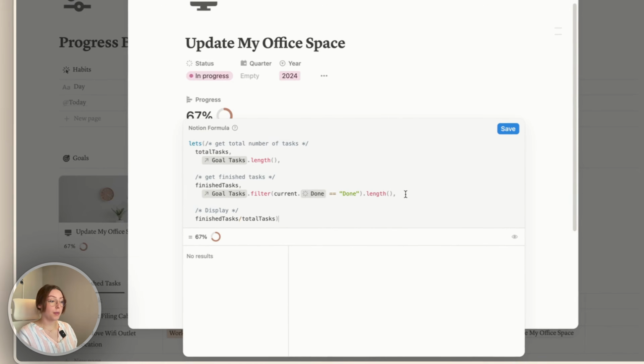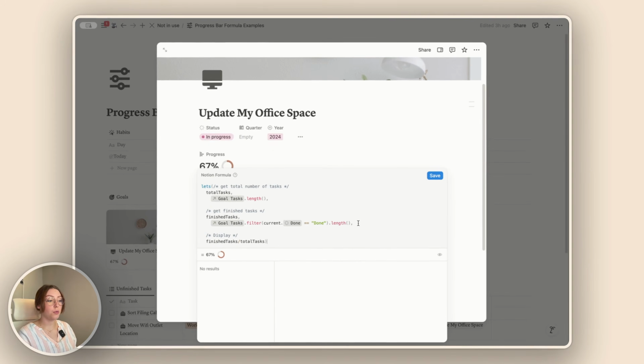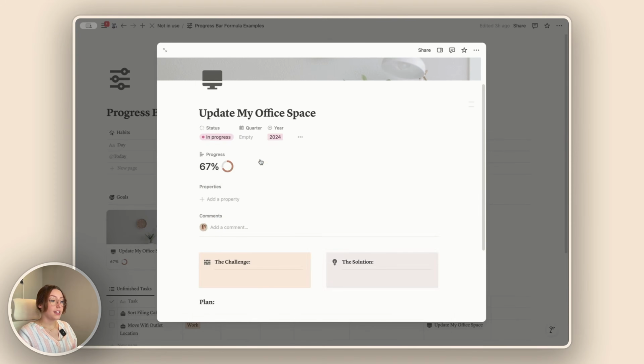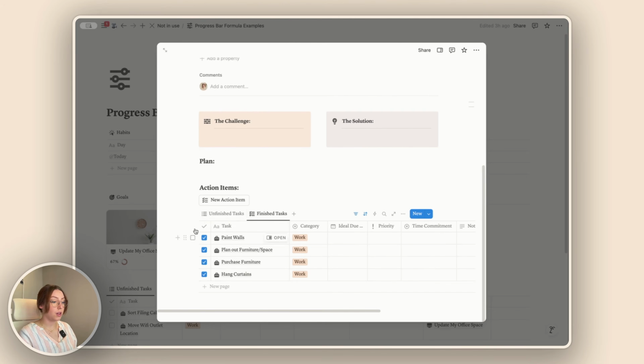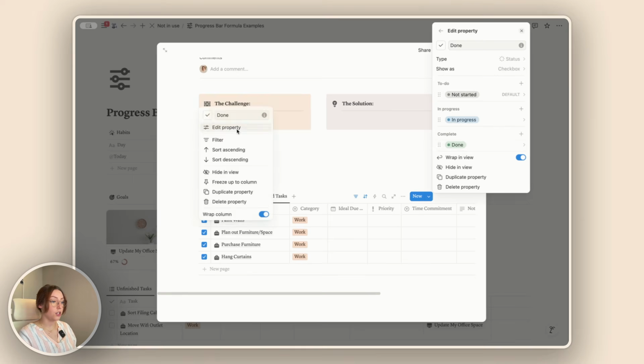And using your formulas like this with the relations to your databases, you can add additional filters, so you can only pull things that are assigned to certain people, for example. Or as another example, I'm going to show you what happens if we add another status if our task is archived. So for example, sometimes people like in the status here to add one for the task to be archived